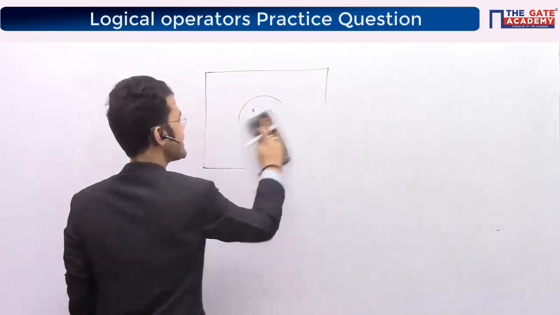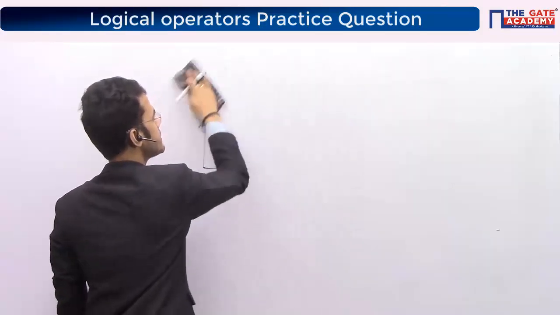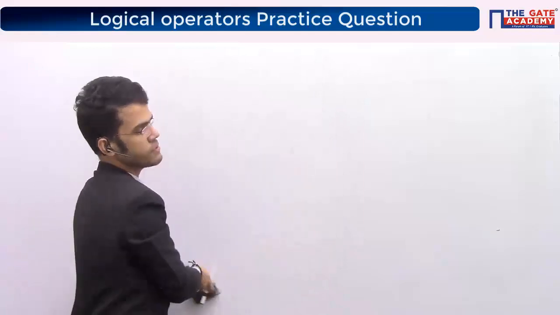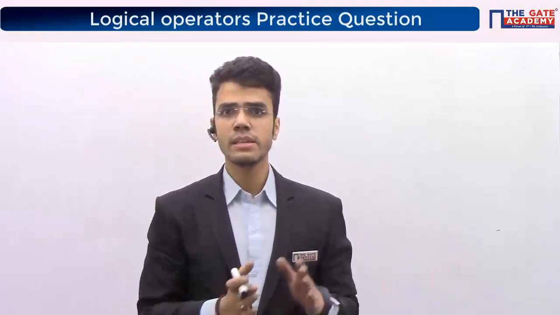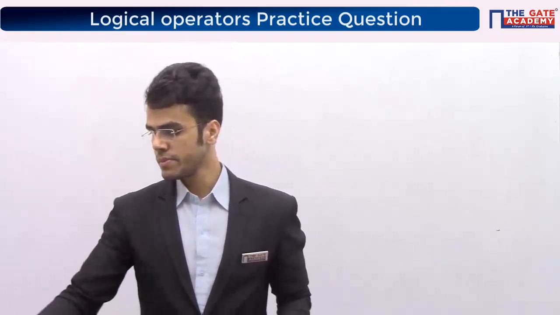So I hope it is clear, guys. The agenda of solving this question is that if in GATE they are confusing you with two options, you need to mark that my answer is valid, right? If something comes out to be valid and satisfiable, you will say that it is valid, which automatically will imply that yes, it is satisfiable as well. Fine. So ready to move to next question, I suppose.